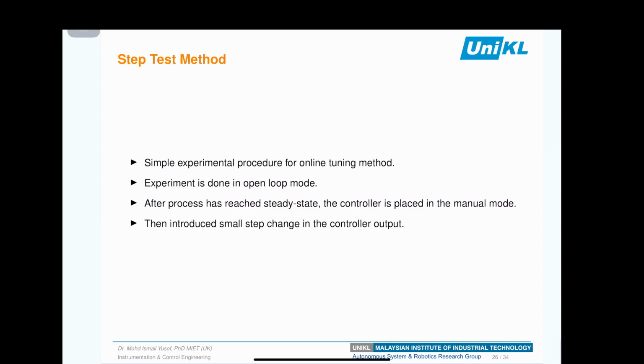A simple experiment has to be done for the step test method, and the experiment has to be done in open loop mode. In that particular experiment, we have to ensure that the process has reached a steady state and the controller must be placed in manual mode. Changes in PV, which is the present value, from initial state to steady state result from the input excitation